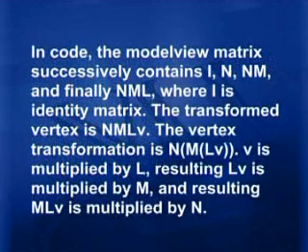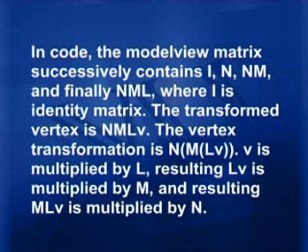In code, the model view matrix successively contains I, N, NM, and finally NML, where I is the identity matrix. The transformed vertex is NMLV. The vertex transformation is carried out in the order N of M of LV. So V is multiplied by L, resulting in LV, which is multiplied by M, and the resulting MLV is then